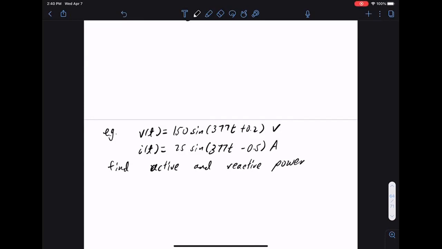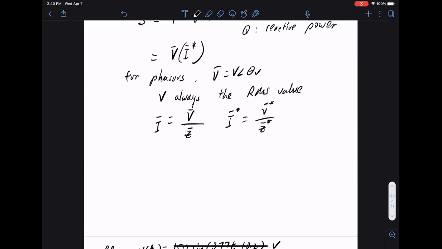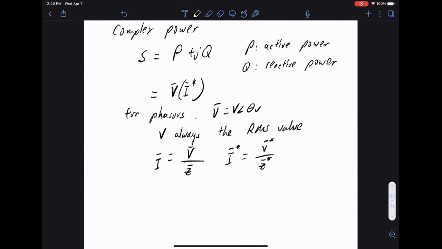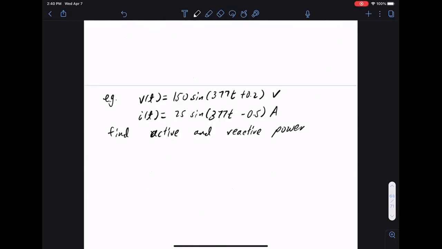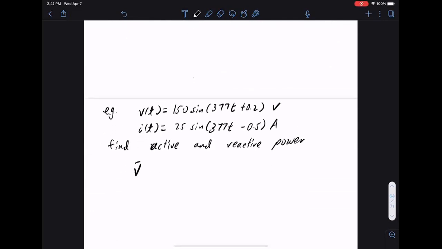Okay, so in this class, in the vast majority of power systems or energy systems, we very, very rarely look at any time domain signals. Very rarely. Where you see the sine of something t that comes out. Most of the time, we just work with phasors, so everything is in phasors, we directly do complex algebra on the phasors. So the first step is always convert them to phasors. Okay, so the voltage phasor, remember,